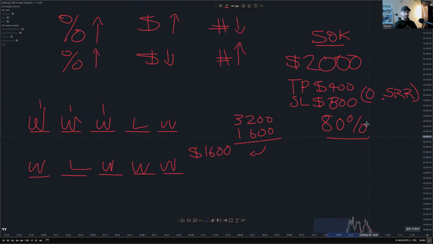So if you can build your strategy and find a way to get 80% with this risk to reward, you are profitable over time. If you can stick with this and the market respects it, that's the big thing. You want to take trades as the market's ebbing and flowing, because the market expands and contracts. The amount of money that comes into the market changes throughout the seasons. But if you can keep this, then you can start to scale. And now instead of $400, you can risk 4,000. And instead of 1,600, now your 10 days of trading is 16,000. You see how you can just scale. All you need is a plan that works and then just work the plan.